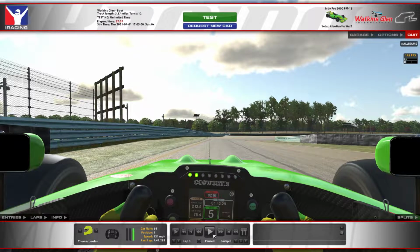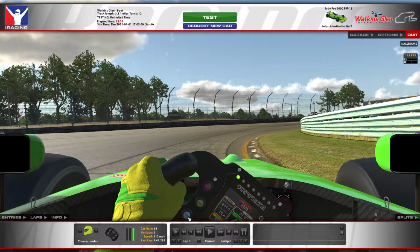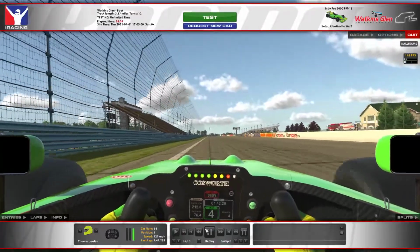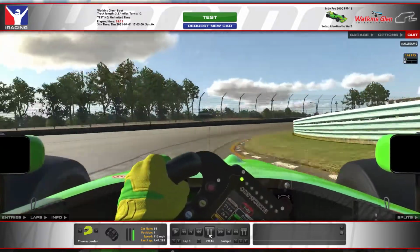for the perfect entry, and you really need to get a tight apex here. So I'm turning in fairly early, grabbing the apex with the front right wheel, taking the narrow line. You don't want to get the car too much up on this outside curb because it will drain a lot of momentum and can cost you half a tenth or a tenth on the run down to the straight. So you use the curb with the front left a little bit, but it's mostly important that